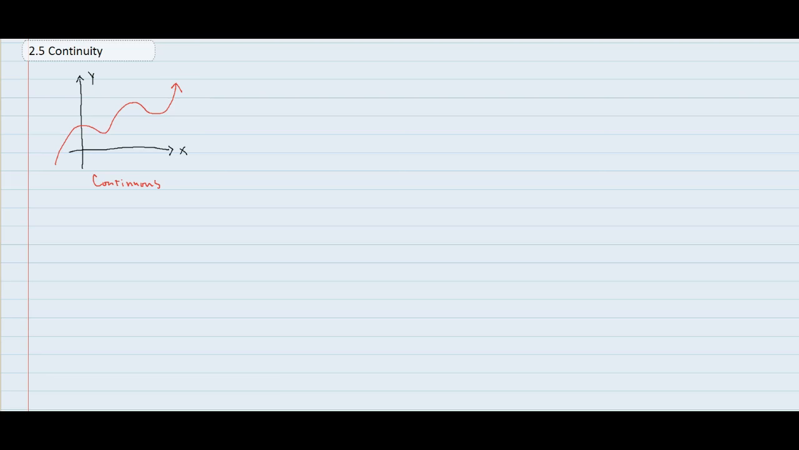Now let's give some examples of functions that are not continuous also. And it's really not that hard to do, right? Because I just need to create some gaps or holes in them. So maybe the one with the holes might look something like so. And